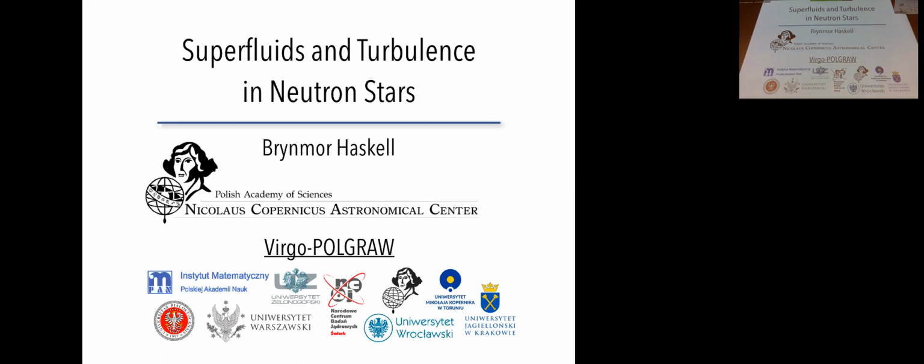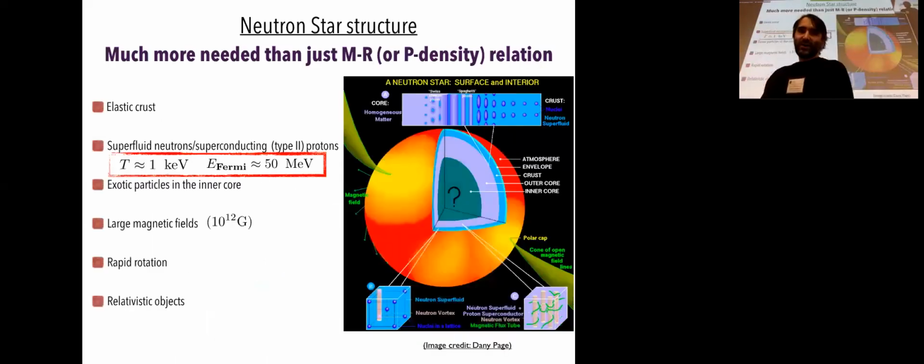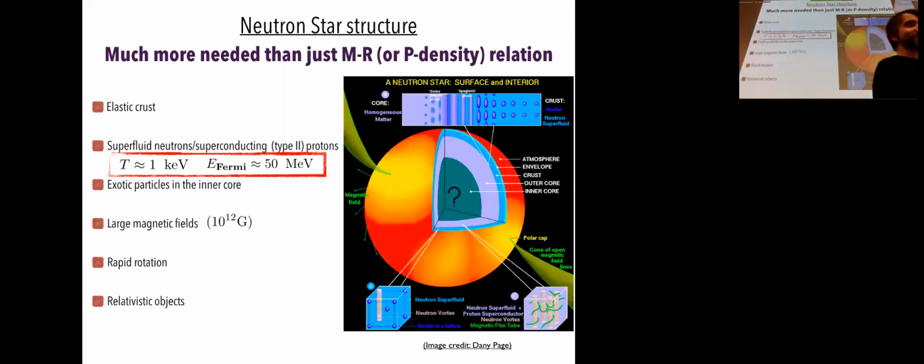So I'm just going to give a rather basic overview today of the kind of models that we use to model superfluidity in neutron stars and the kind of problems. And then Andrew's talk actually contains many more details, so I encourage you to have a look, and then we can discuss on Thursday. Okay, so the title was quite generic. It was quantum turbulence in astrophysics. I'm going to focus on neutron stars.